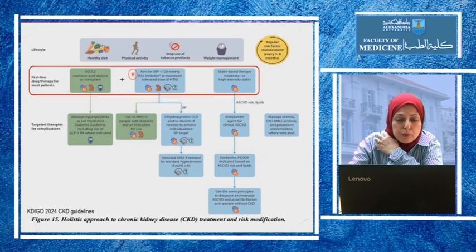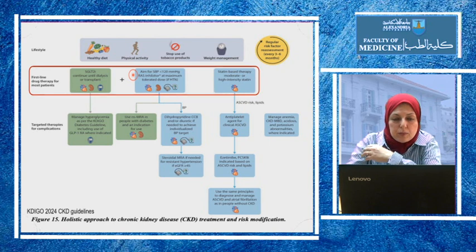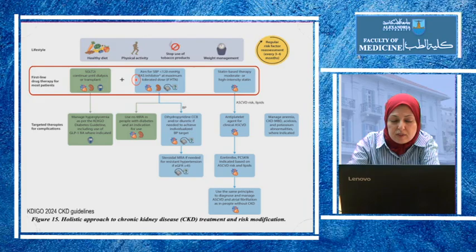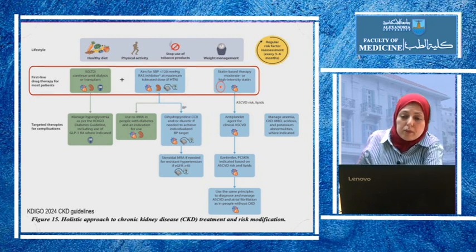The second thing is to aim for a systolic blood pressure of, they set it at less than 120 millimeters of mercury, but we'll talk about how other guidelines prefer that the target blood pressure should be below 130 over 80, and that below 120 may worsen the renal function. And RAS inhibitors should be part of the treatment, especially at maximally tolerated dose if the patient is hypertensive. Control of blood pressure and RAS inhibitors is also of benefit to the heart and the kidney. Most patients should also be on a statin.